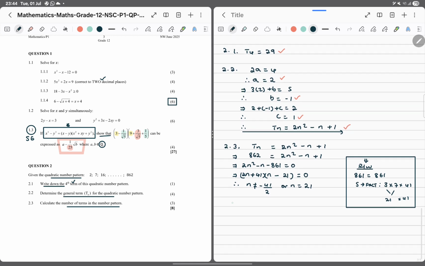So what do we say? We can say therefore, bingo. There are 21 terms